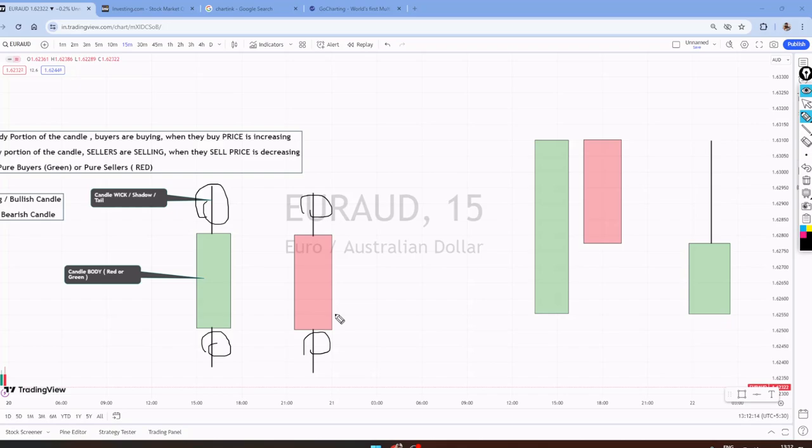So not every single minute, people are not on the same page. I may be looking to buy Euro AUD. You may be looking to sell Euro AUD, and some other guy would be looking to buy, some other guy would be looking to sell. So all around the world, people either buy, sell, or do both every second. Every second they buy, every second they sell. So naturally,